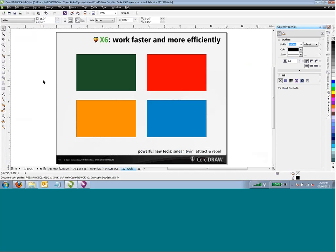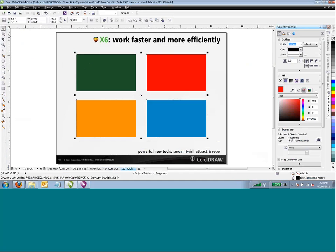Now, we're always challenged with introducing some new and fun design tools. It's a very mature application with a lot of power and capabilities, but we actually have developed some new drawing tools that we call the smear, twirl, attract, and repel tools. So for a professional designer, which of course I'm not, these give you much more flexibility. If I select these rectangles and then click the twirl tool, for example, if I click and hold my mouse,